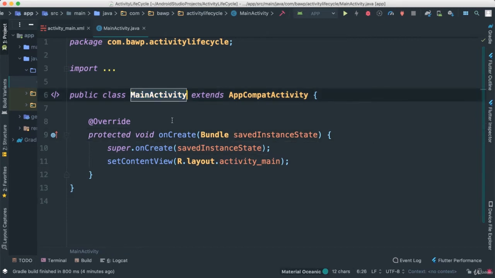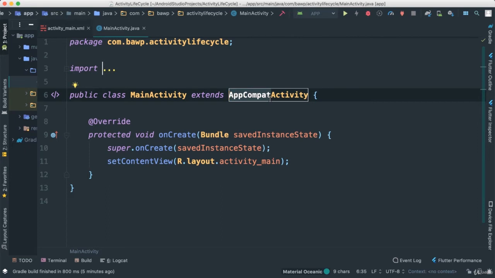So in our main activity here, notice that we say public class MainActivity. So up till this point, this is just any Java class you can create until we say extends AppCompatActivity. You notice that there's a lot that has been appended in this name. So instead of just Activity, we have AppCompat. The reason why Android Studio extends AppCompatActivity instead of just Activity is because we want to make sure that whatever we are inheriting for our activity is from the AppCompat or app compatibility classes that allow us to do backward